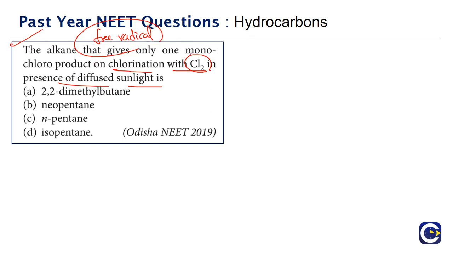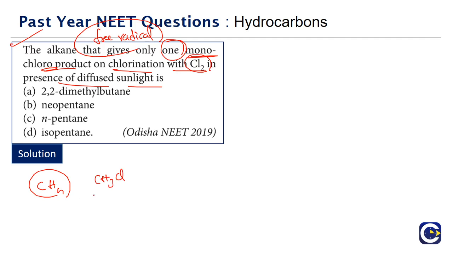Okay, the substitution of alkane with chlorine. Here they are saying monochloro product, means we are just substituting one hydrogen with one chlorine, that's it. Which of the alkanes will give only one monochloro product? So what is the meaning of this? Because if you look at, for example, we'll just begin with simple stuff like CH4. If you have CH4, we are doing monochlorination, means one hydrogen will be replaced by chlorine. We will get CH3Cl. So monochlorination of methane means we are going to get only one product.